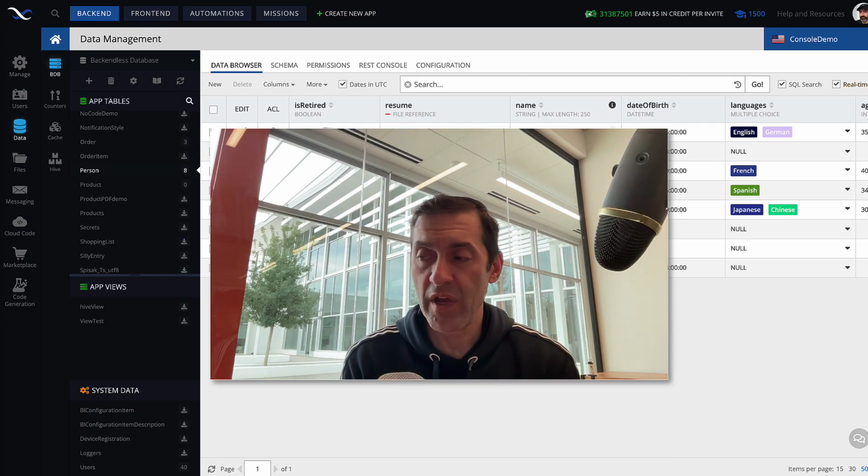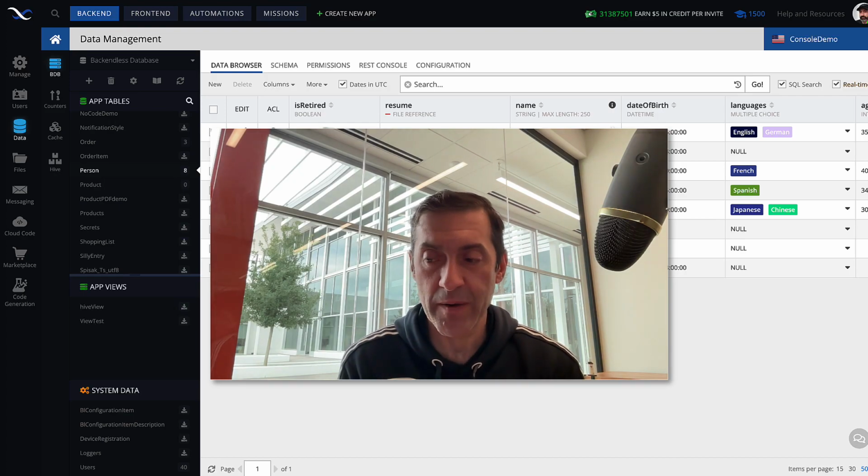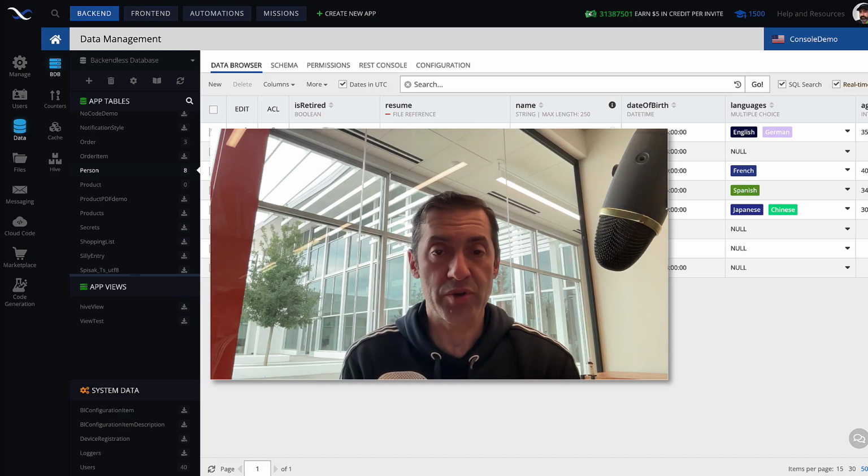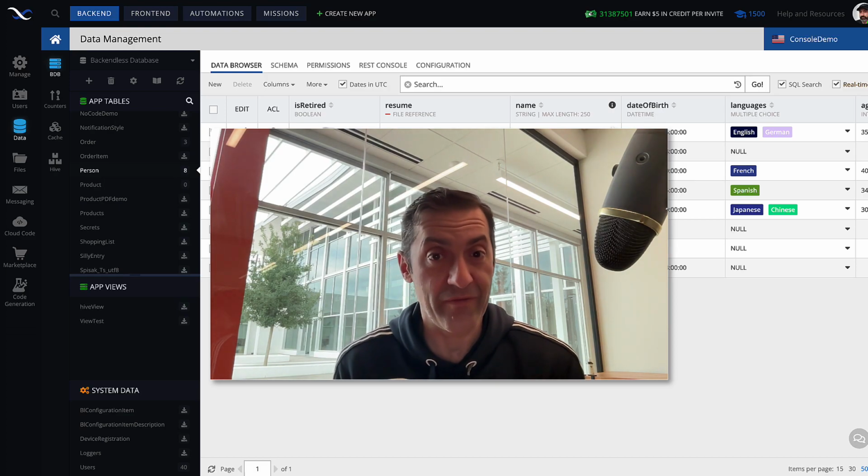Another example is when a single record in the Backendless database may need to have a collection of integers, and it may be excessive to create individual columns for whatever those integers are, and a simpler option would be to have a JSON array of those integers sitting as a value in a JSON column.